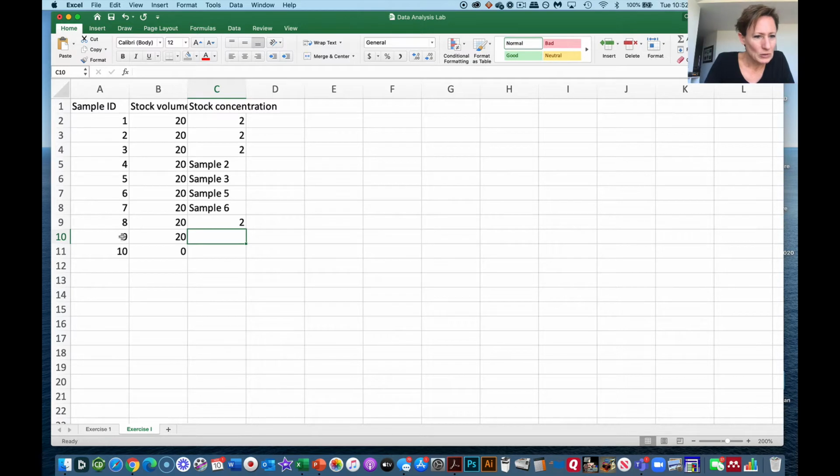Oops, we only have 8 samples. My apologies for that. This one's going to be 0. There we go. Now that's right. Sorry about that. Okay, so how this serial dilution works, and this is different from what we did on the